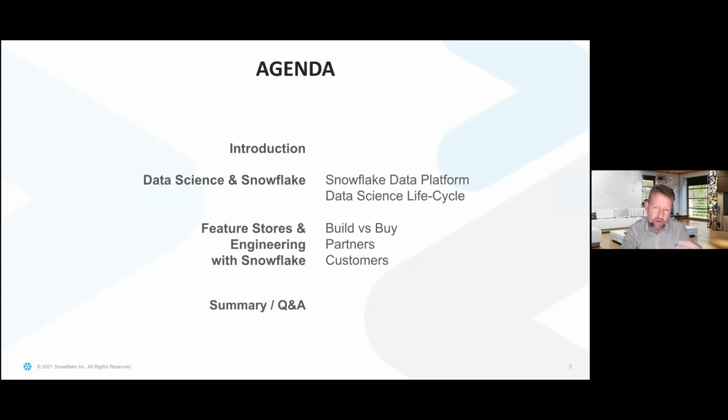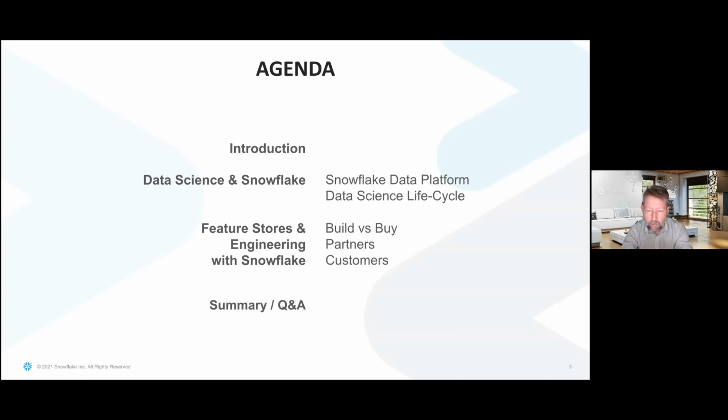And I know at the Feature Store Summit, there were two themes or areas of focus around build versus buy. So I'm going to talk around what some of our customers are doing in terms of building their own feature stores on the platform, what they might be using for that, and then some of the partners that we work with who also have solutions that are built on or have integrations with Snowflake.